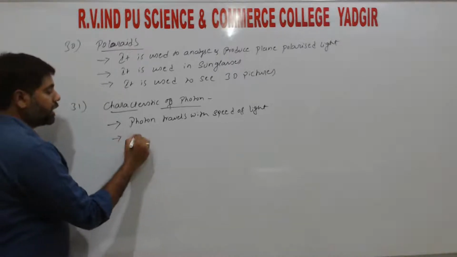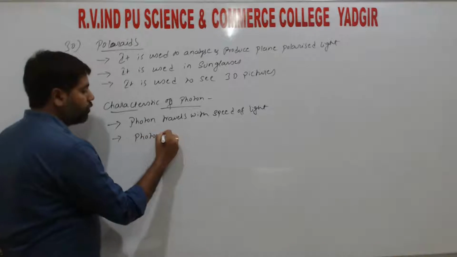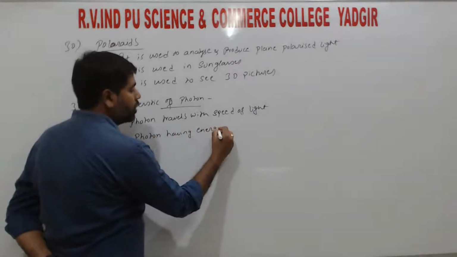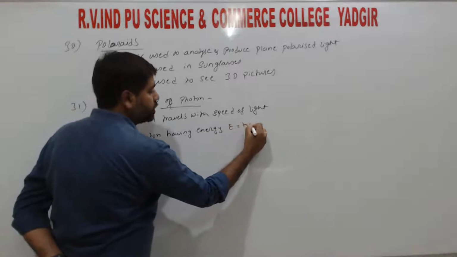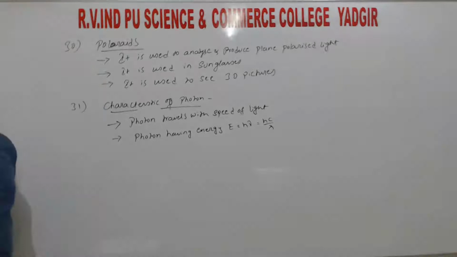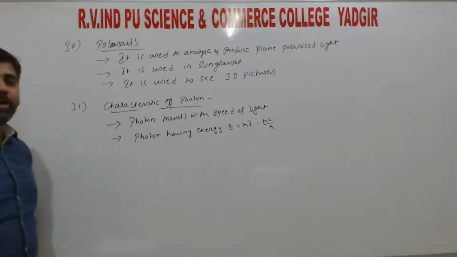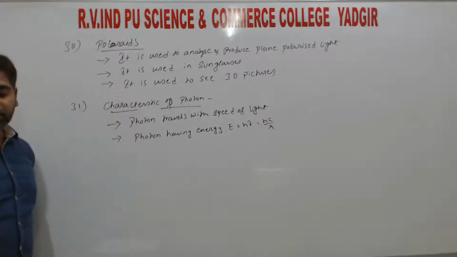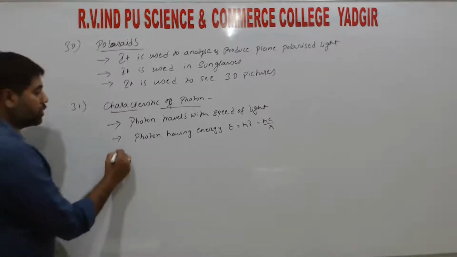A photon has energy E equals h nu, or hc divided by lambda, right? Here h is the Planck's constant, c is the speed of light, and lambda is the wavelength. So the third characteristic is that a photon does not deflect in